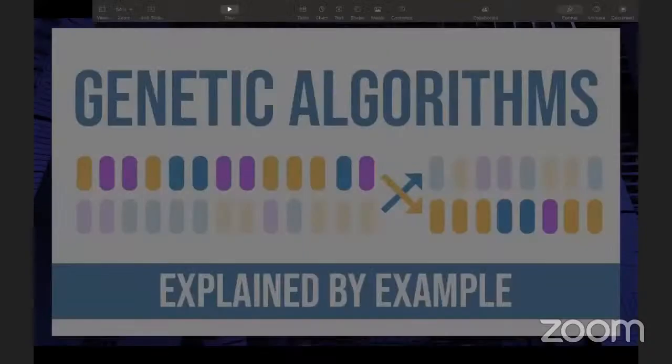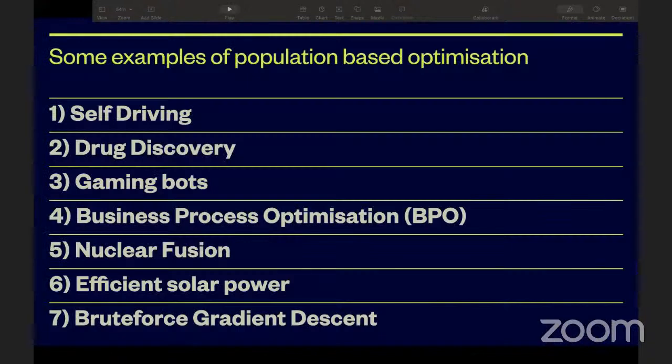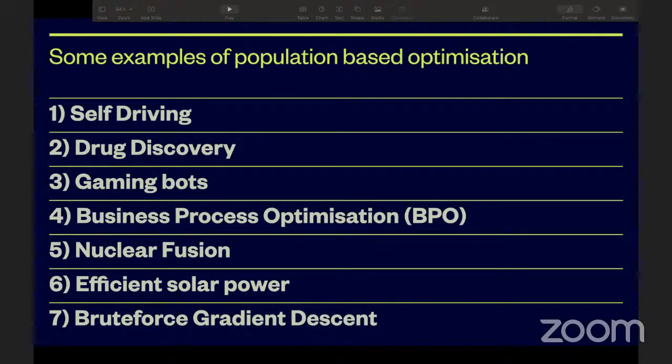Okay, so let's go through some examples of what exactly genetic optimization is and how we can improve it further. Some examples are self-driving cars, where, as I explained previously, we have cars running on the road, and the goal over here is to run for a very long duration without meeting with an accident.